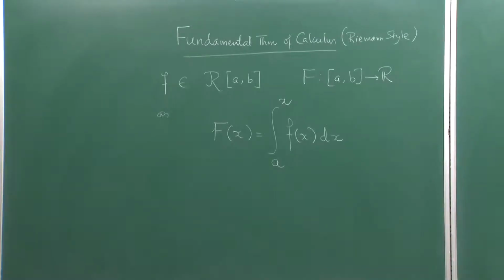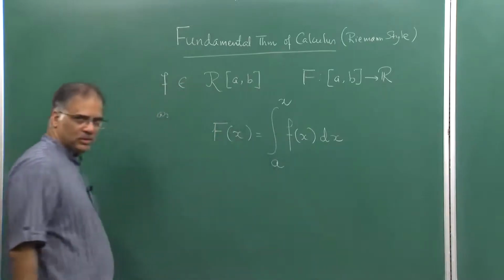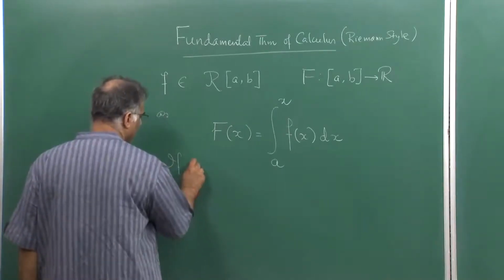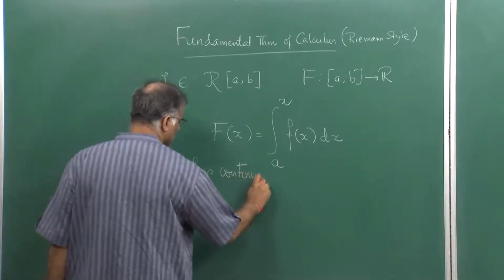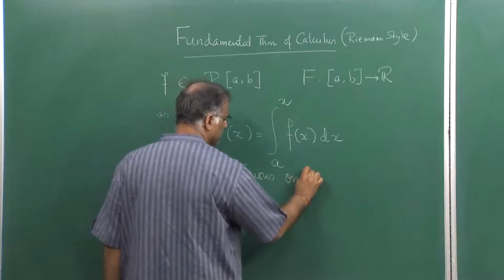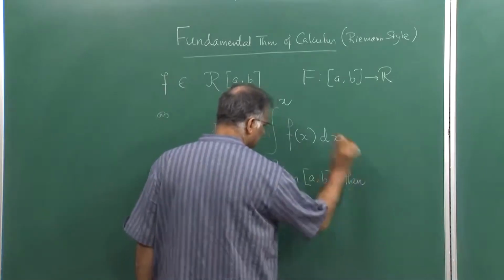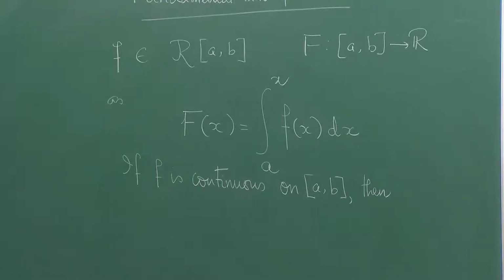Now, we have spoken about this fundamental theorem when we were speaking about Newton's integration theory. So, what we have proved there, that is why we are not repeating the proof here, right. So, what it says is the following: if f is continuous on [a,b], then